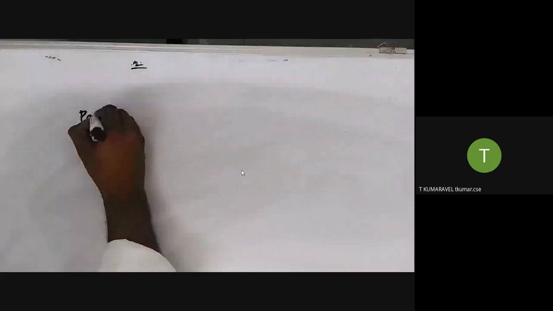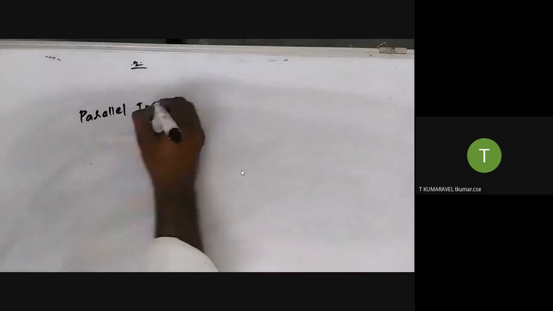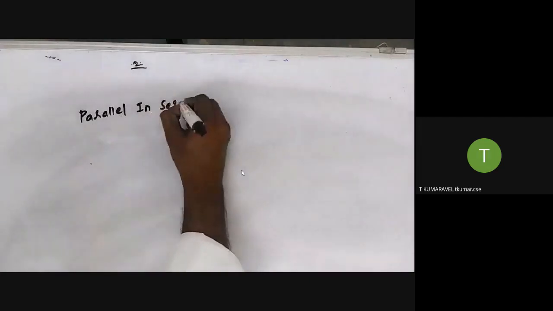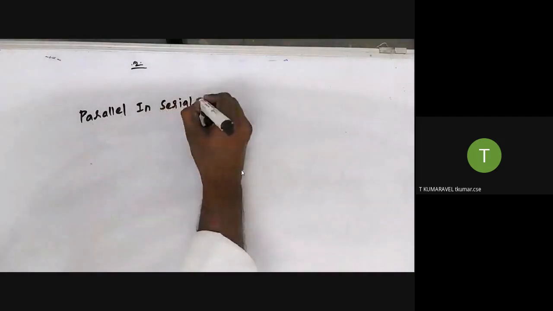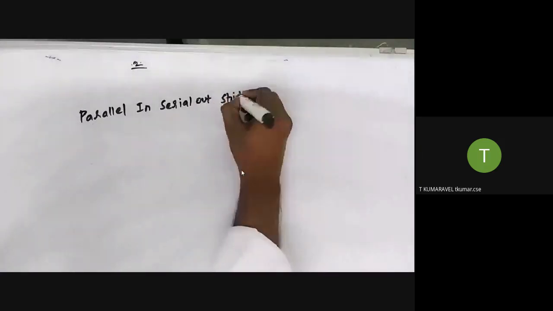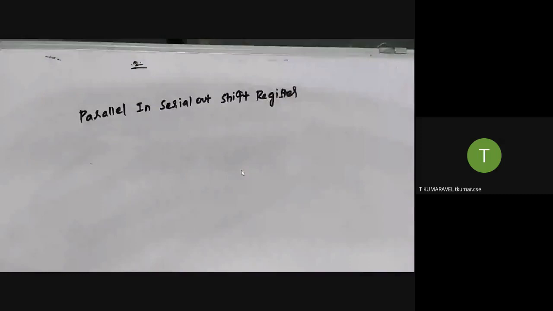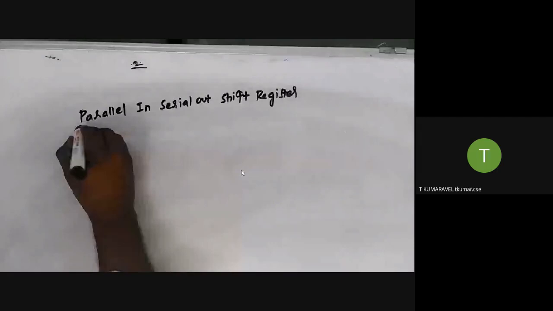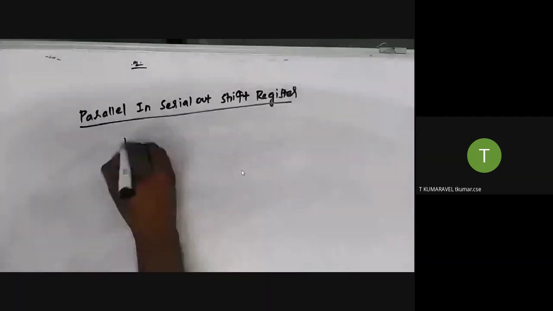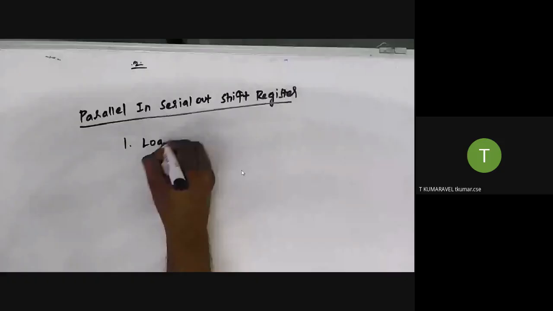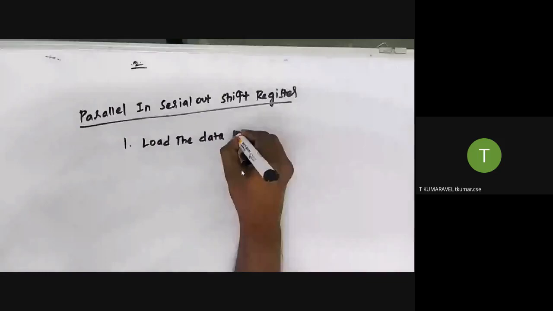The next register is called parallel in serial out register. Here it is going to perform two operations. It will load the data parallelly,